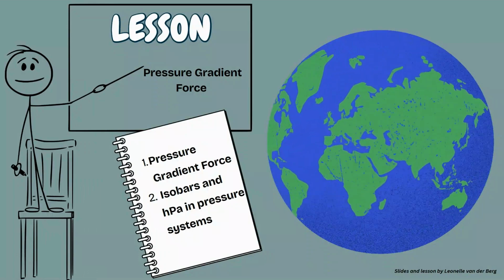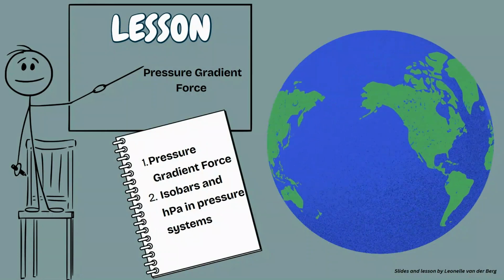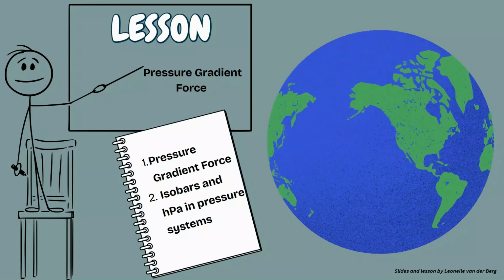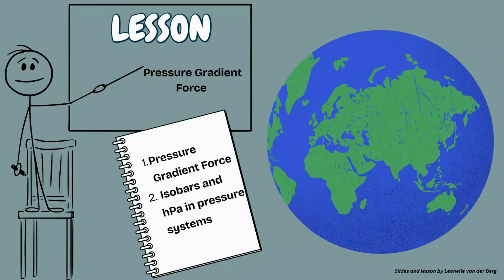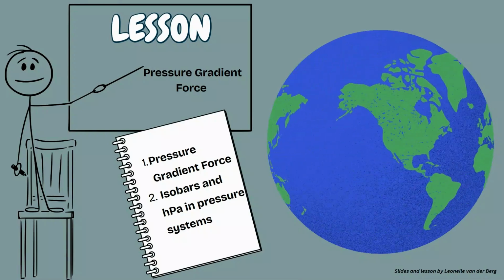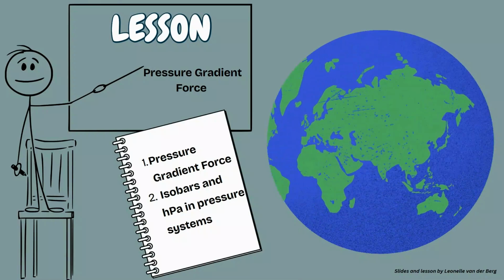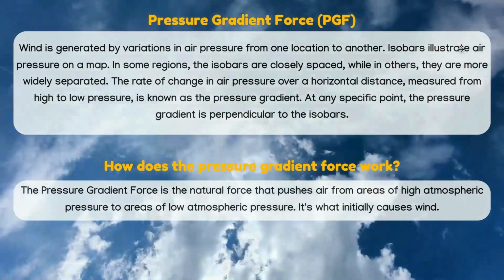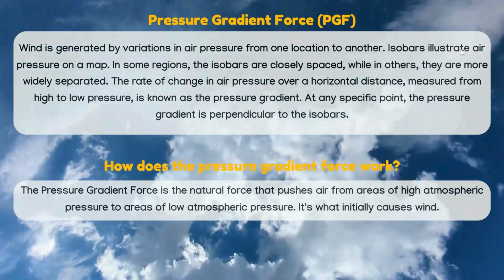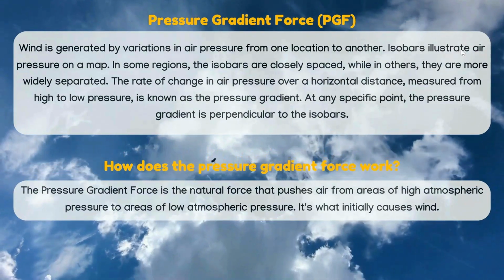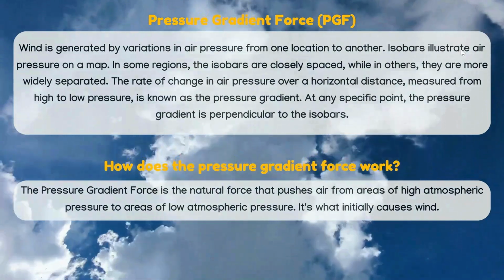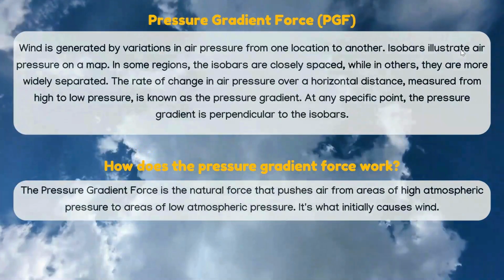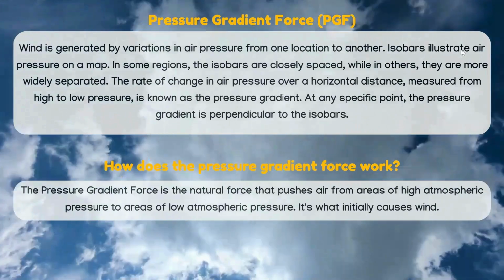Today's lesson is about the pressure gradient force, and we're going to look more deeply into what isobars are and how they are measured. So, the pressure gradient force. Wind is generated by variations of air pressure from one location to another, and isobars illustrate the air pressure on